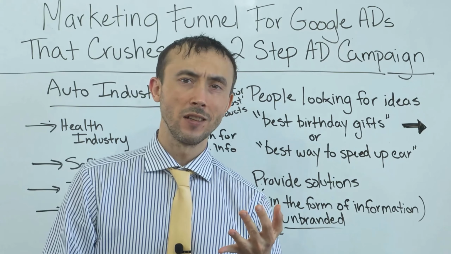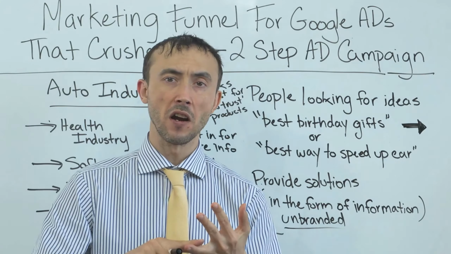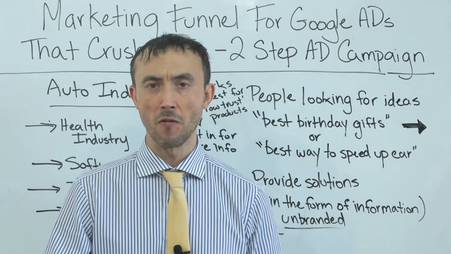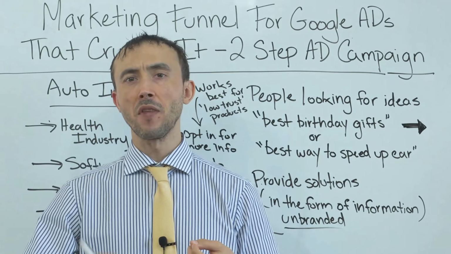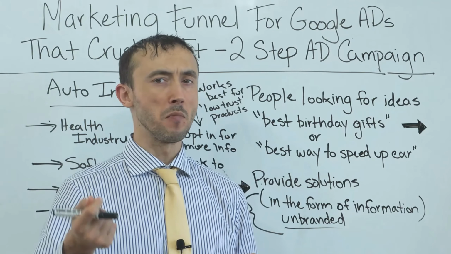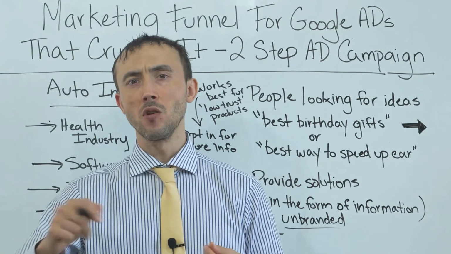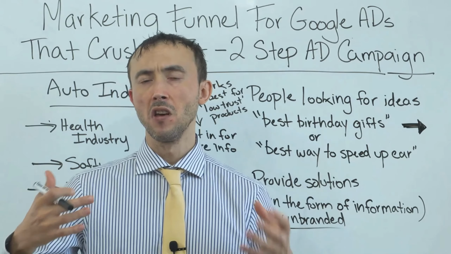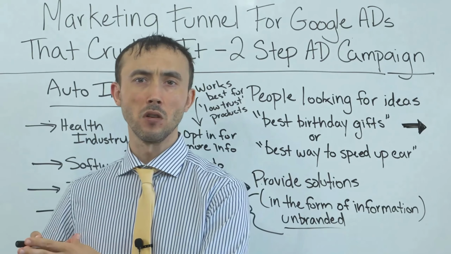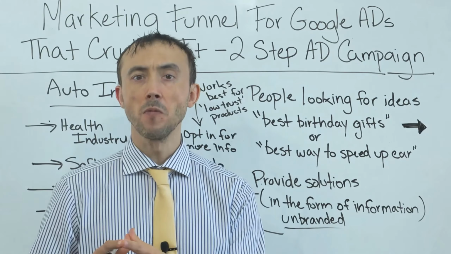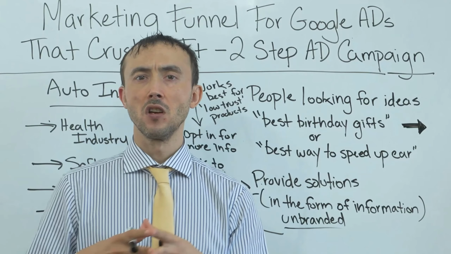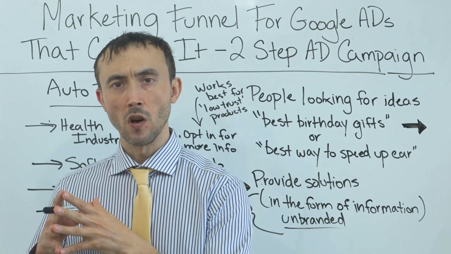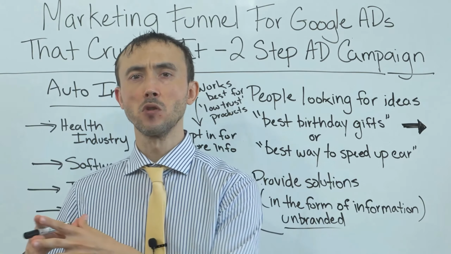Or if you're trying to sell, let's say, performance auto parts that can make a car faster, instead of going after people looking for that exact auto part that are already in market for an exact thing, you can sell to people who are looking to modify and improve a certain vehicle to make it faster, and then send them to an informational-based web page, which is going to convince that user and steer them to an exact solution